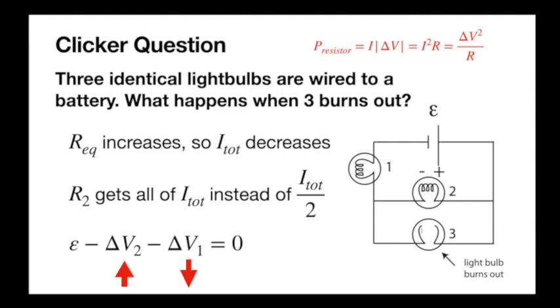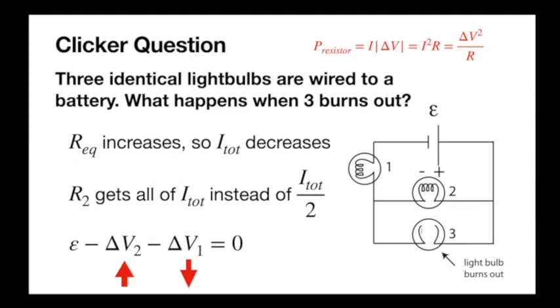Another way we can do is look at the loop rule here, where no matter what, I have epsilon, and then I have a delta V2, so this is one valid loop, whether or not light bulb 3 is illuminated. Going through epsilon, then through delta V2, and then through delta V1 has to be a valid loop rule, right? So if V1 goes down, we argued that first, since the total current decreases, the voltage drop across 1 goes down. In order for this loop rule to still add up to 0, epsilon's not changing, so delta V2 has to go up to make up for the drop